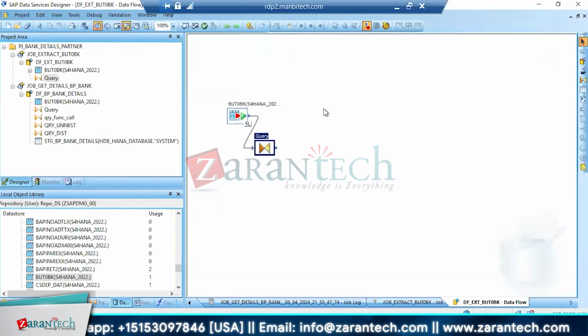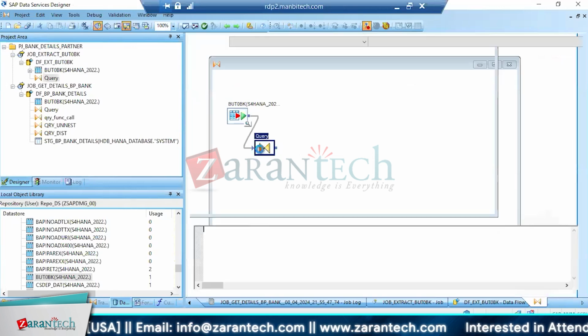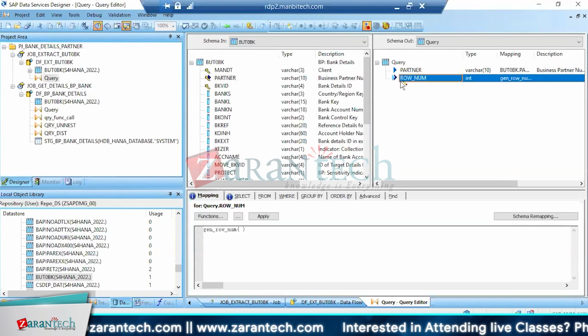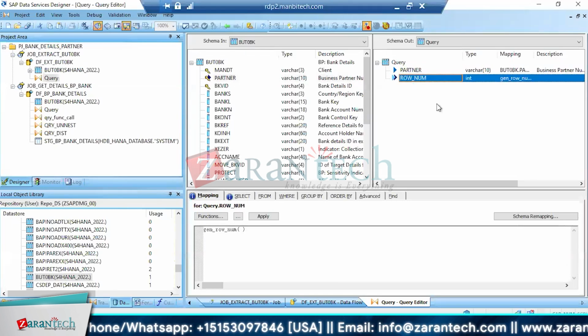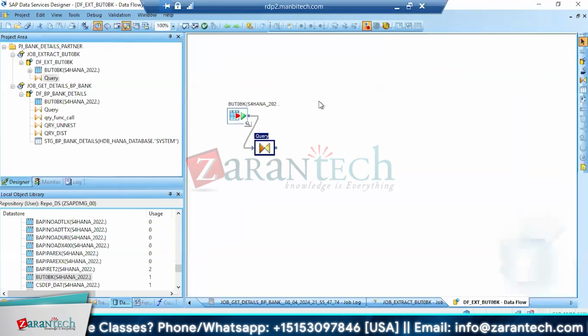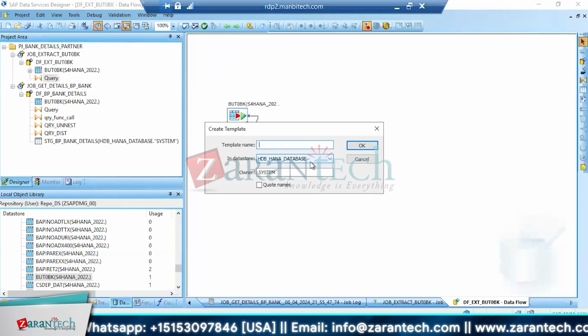But inside gen row, you haven't specified the field. No, this is partner. No, that's not required. Now, what I ultimately want, I want for each partner, I have a different gen row number. Ultimately, for each partner, I will have 1, 2, 3, 4, 5, 6, 7, 8, 9, 10 to 156, right? Now let me do something like